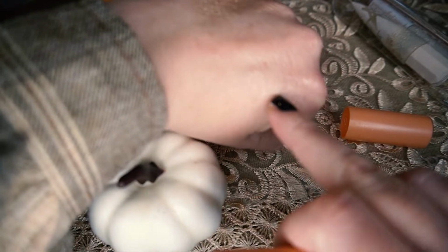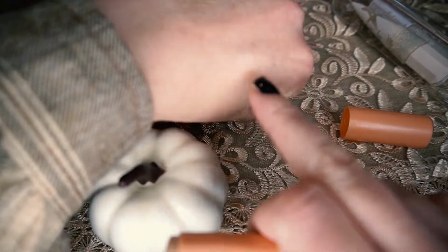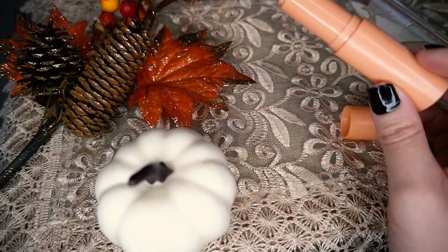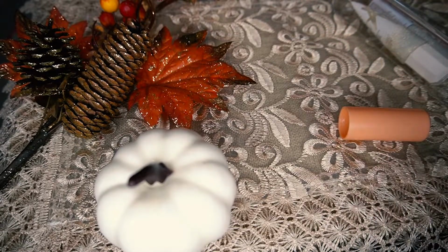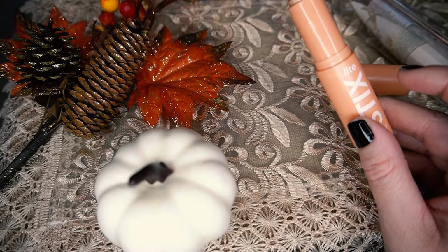I don't know. I understand that the Chanel one is supposed to be an all over kind of balm, and this is a highlighter. But this is such a waste of money. I'm sorry. I'm waiting for the comment. I got a few of these comments when I did my eyeshadow declutter that I didn't understand the point of the product. It's not that I don't understand the point of the product. It's just not worth it to me. I'm probably still going to get one of those comments. Anyway,